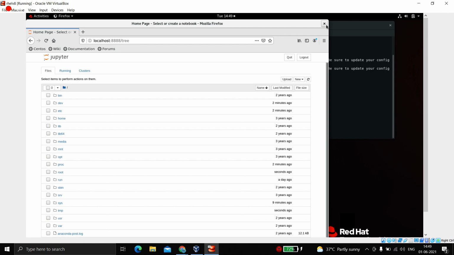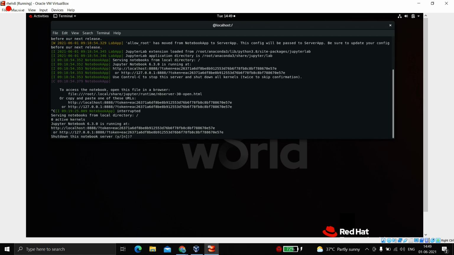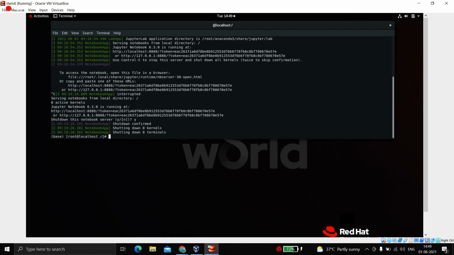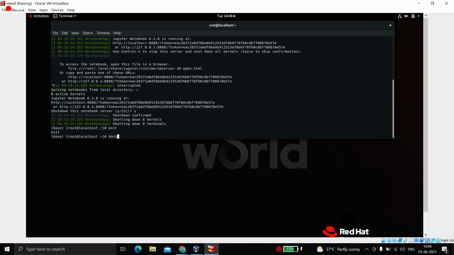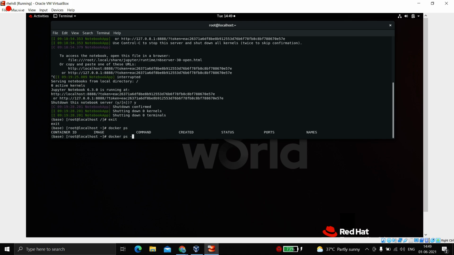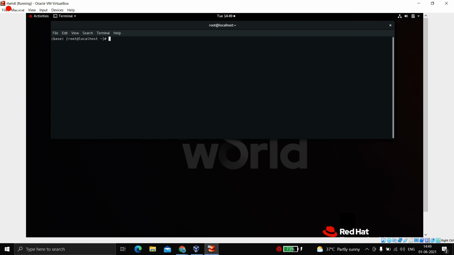And now I will show you how you can make your own image like I have made. And that's very simple and very easy to make. Now I have exited and I don't have that container even running in background because I used the rm tag. Okay, so let me show you how we can do it. So first of all, just launch any container. I am very familiar with CentOS, so I'll be using CentOS 7.